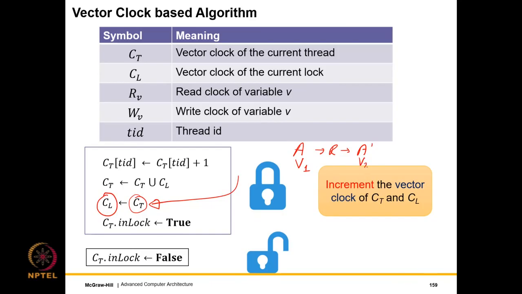So if this is V1 and then this is V2, we can happily say that V1 will precede V2. The reason being that there is a set of happens-before edges, and they are being recorded by the fact that we are timestamping the lock access, right? So the subsequent successful lock access will have the same max operation, and that will essentially ensure that V1 precedes V2, which means that the happens-before edge between lock accesses is automatically guaranteed.